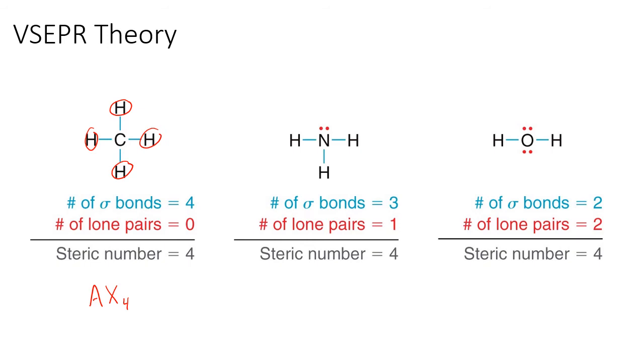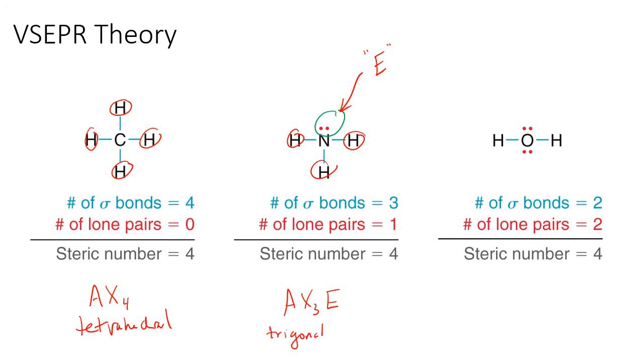In something like ammonia, we have 3 bonding pairs, but we also have a lone pair of electrons on there. So how we label the lone pair of electrons is using the E notation in the AX method. So this would be AX3E, X is 3 bonding pairs, and then E. So our first one was tetrahedral, and our second one, ammonia, is going to be trigonal pyramidal